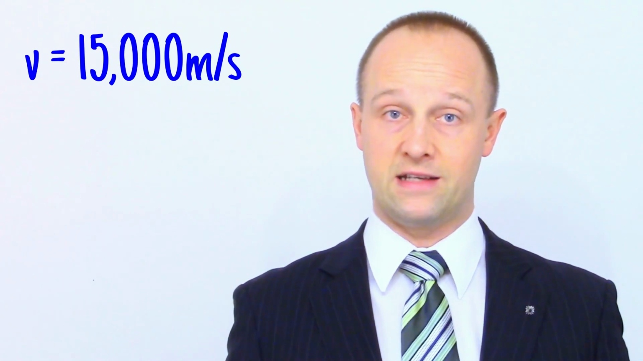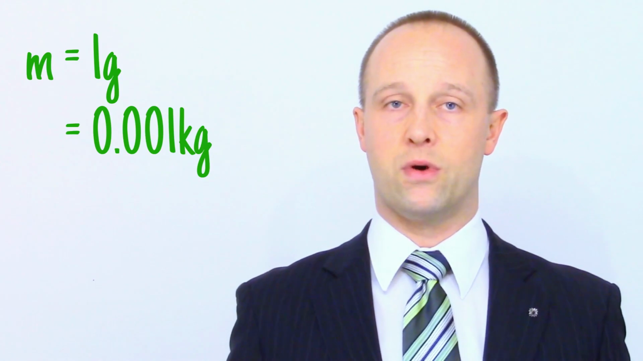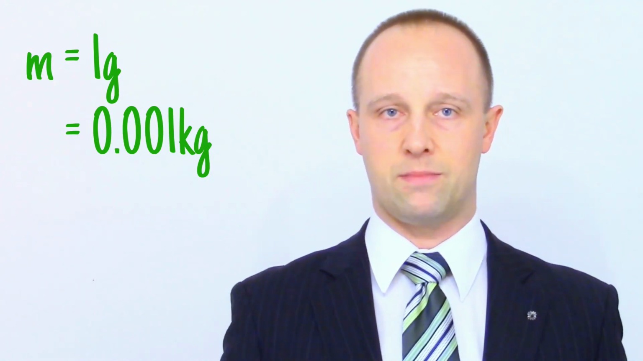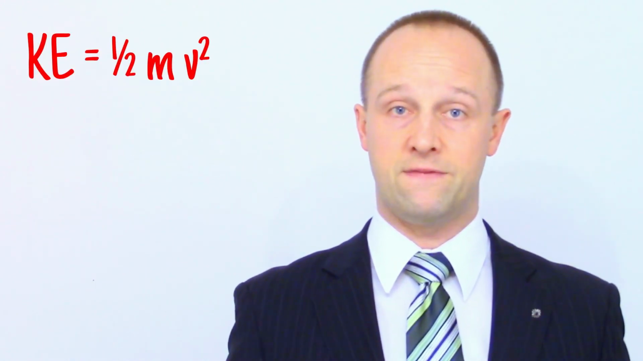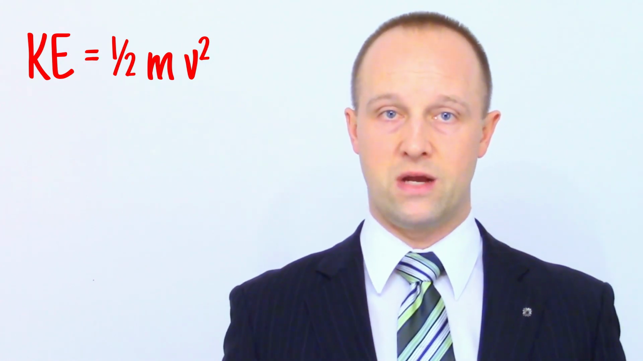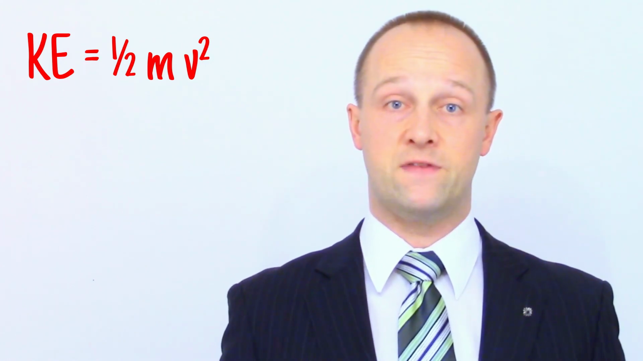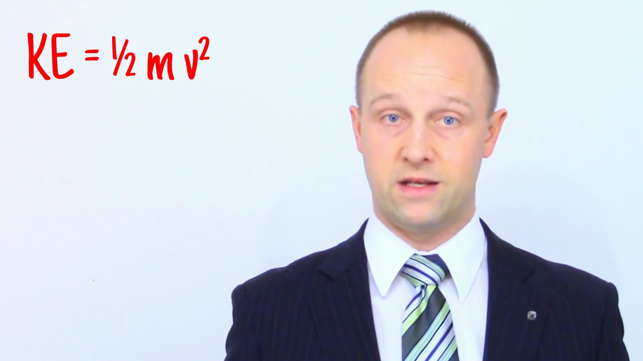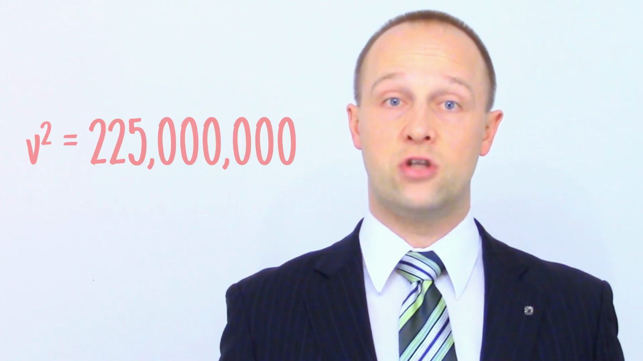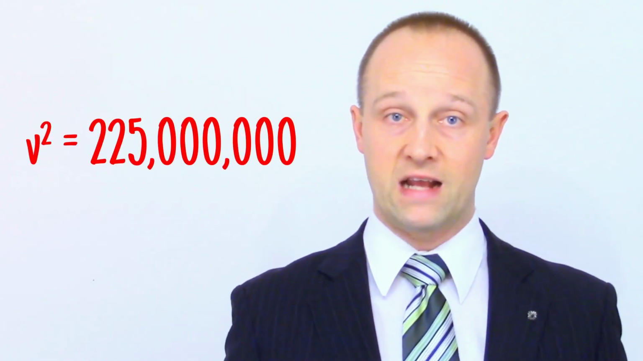Let's calculate the kinetic energy of our 1 gram bolt. Remember, 1 gram is 0.001 kilograms. KE equals half times 0.001 kilograms times 15,000 meters per second squared. The square of 15,000 is 225 million. Multiplying through by half and by 0.001 kilograms gives us a kinetic energy of